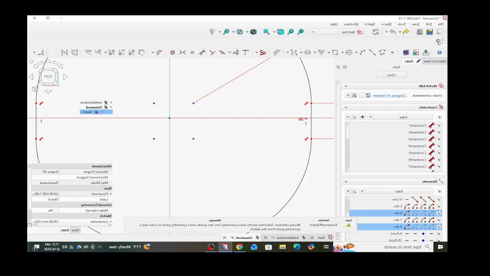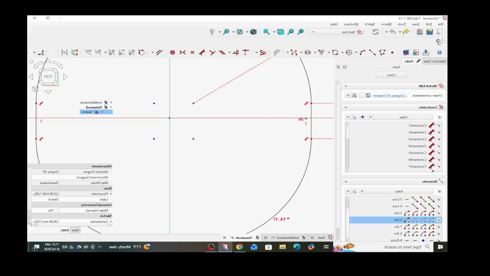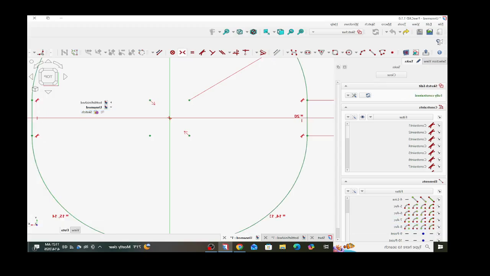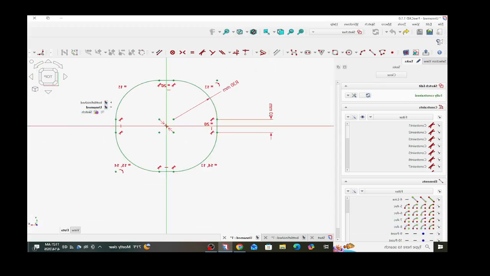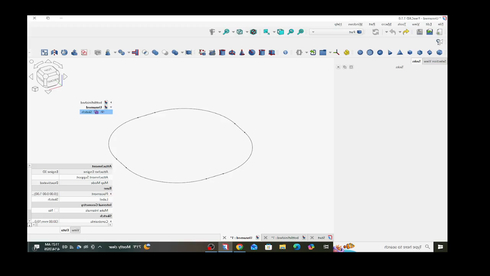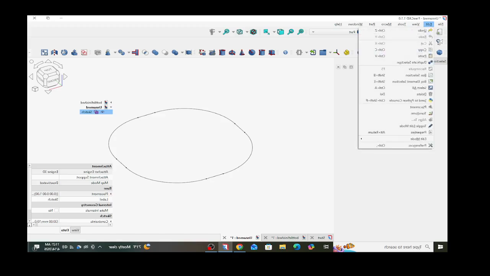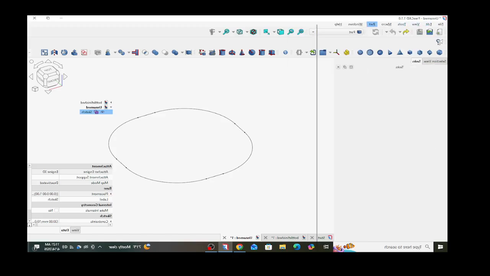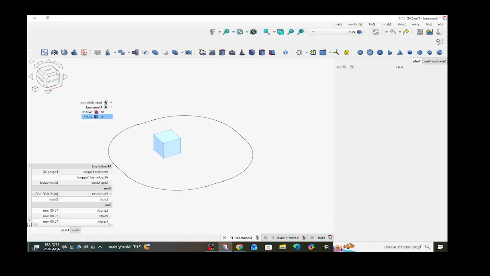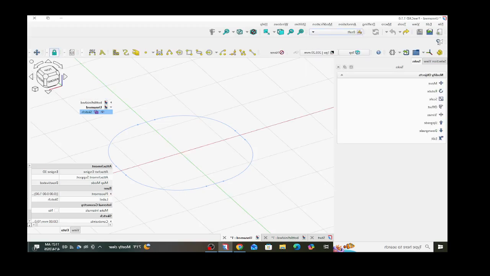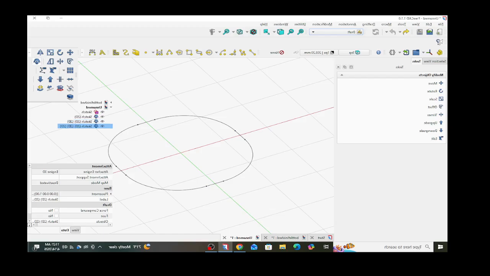If I can get this to work here. Click off and try again. There we go. Fully constrained. Alright. We're going to use this sketch again 4 times. So I'm going to go into the Draft workbench and make 4 clones of this sketch. There's probably other workflows for doing this, but